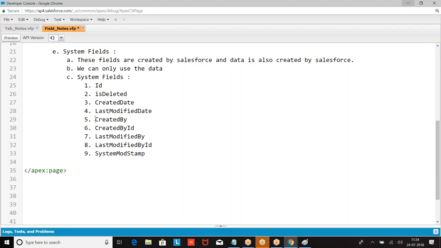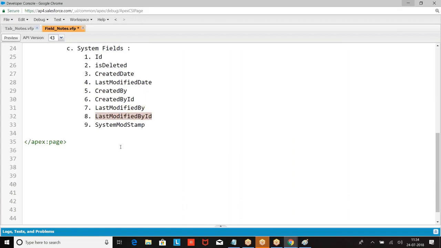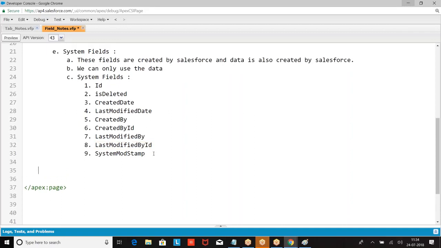Created by ID and last modified by ID are the same. Okay, now let us start one by one.